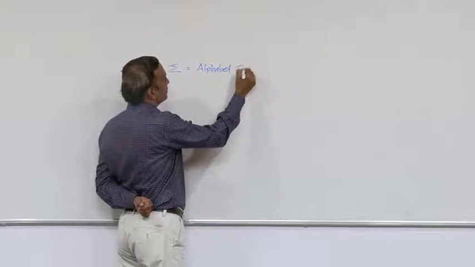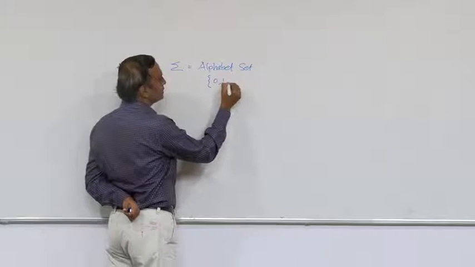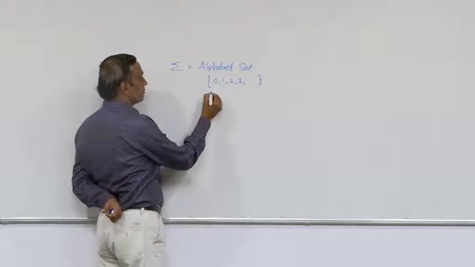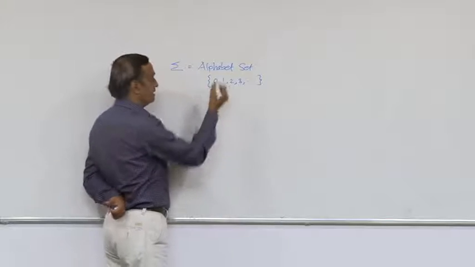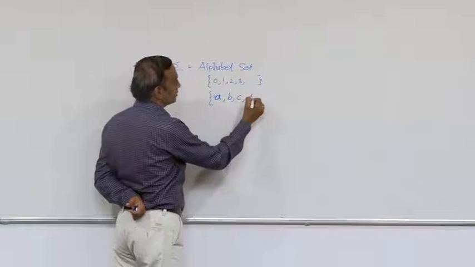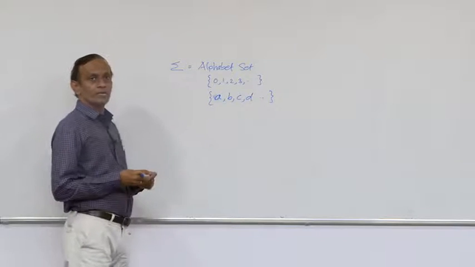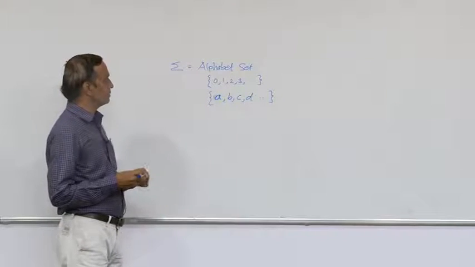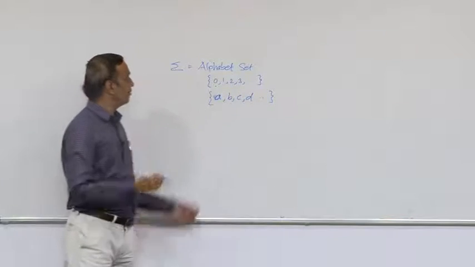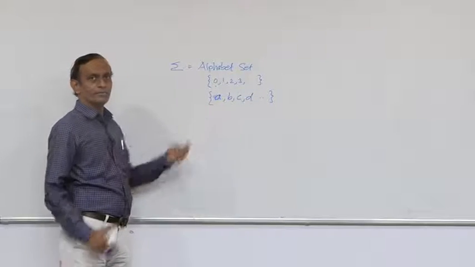alphabet set. This alphabet set will contain some inputs like, for example, 0, 1, 2, 3, and so on. At the same time, if I have a different set of alphabets, then I would be talking about, say, small a, small b, small c, small d, and so on. So these different sets would be used to represent different alphabets, which would be used for specific purposes. When we talk about these symbols, they have an individual value, like 0, then 1, then 2, and so on, as well as A, B, C, D.